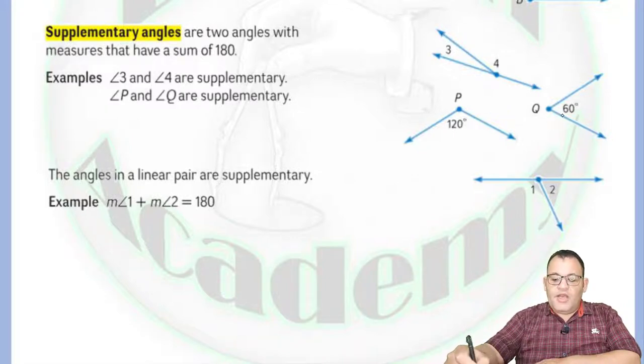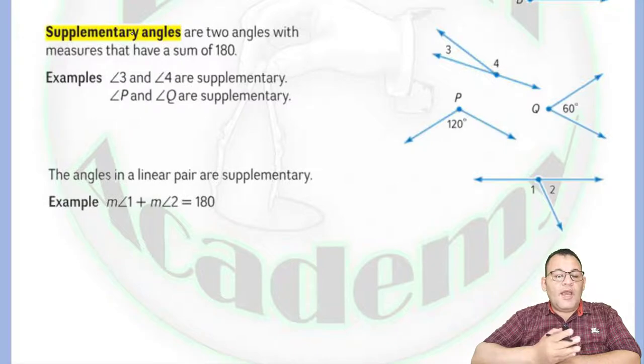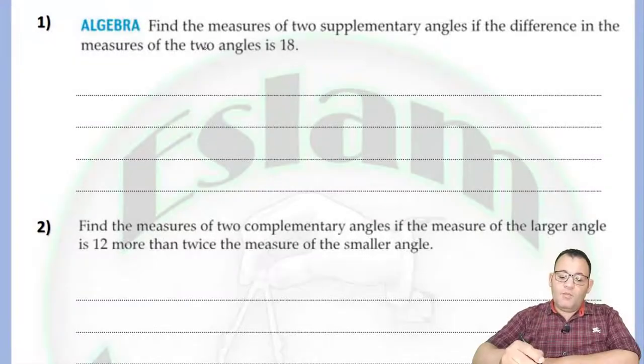If you look at angle P and angle Q, if you add them, you will find that the sum equals 180, so they are supplementary. Two angles are said to be supplementary if their sum equals 180. If we have two supplementary angles and you have the measure of one of them, you can find the other by subtracting from 180. In this problem, we need to find the measure of two supplementary angles and the difference between